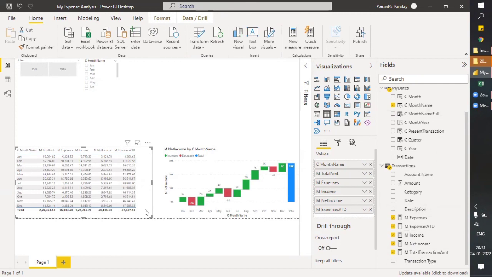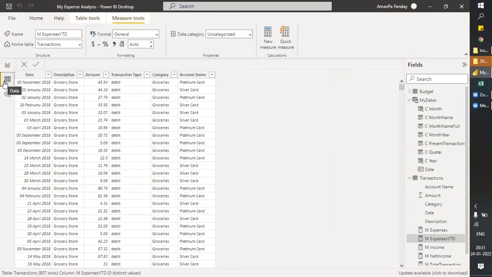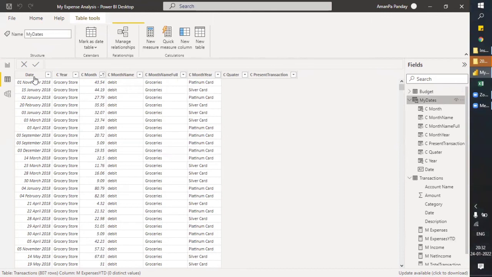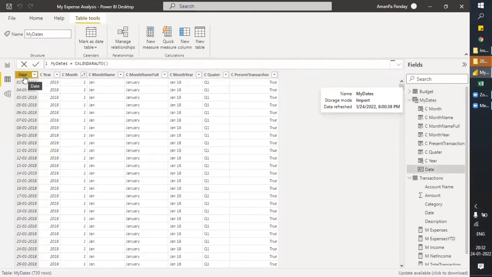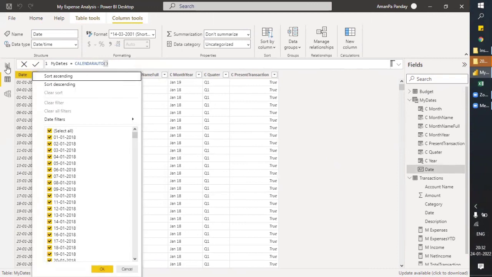Yes, Saurabh, you had a question. Yeah, so that my date was the date we created, right? Yes, so that we can get a connected one, in the earlier class. Yes, we created this from the CALENDARAUTO function, with the starting and final date, and then the rest of the columns we added.